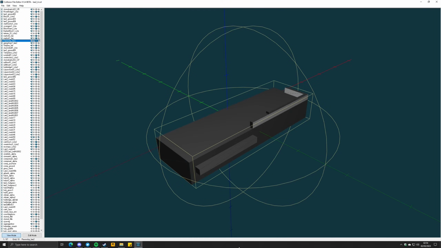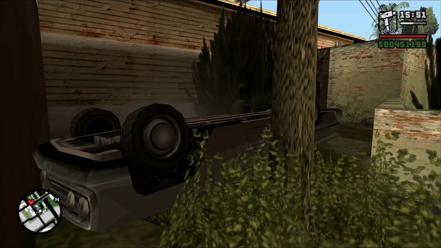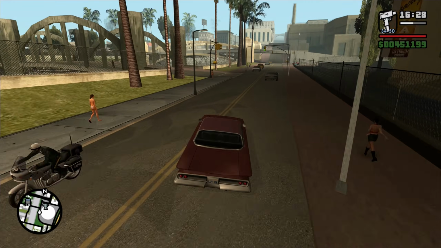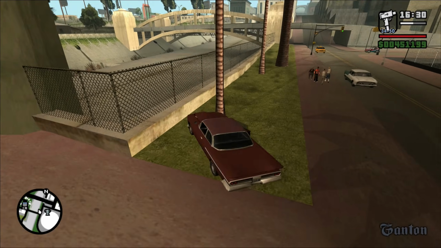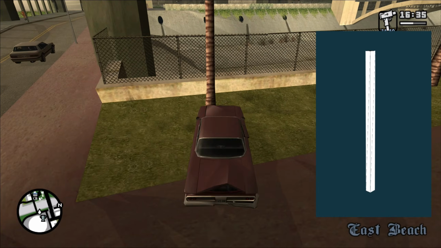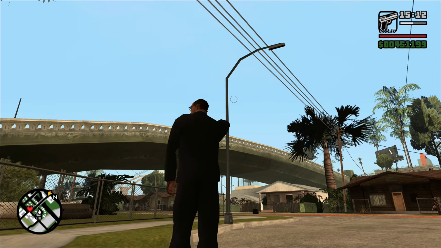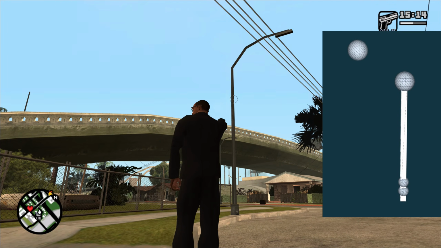If it wasn't obvious, collision models are what keep dynamic objects such as vehicles and characters from going through the game's visual models. When you crash into this specific palm tree model, you're crashing into this collision model. When you shoot at this specific lamppost model, you're shooting this collision model.